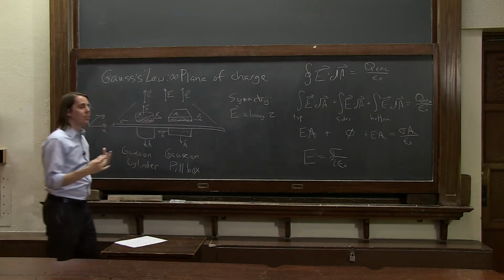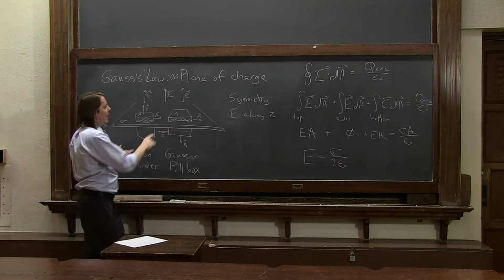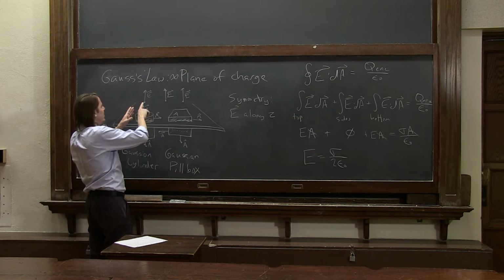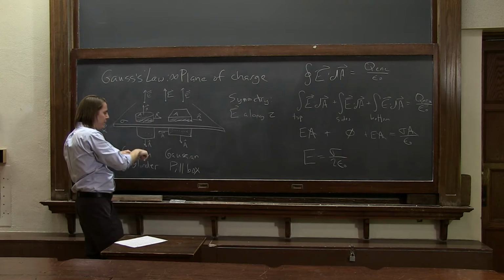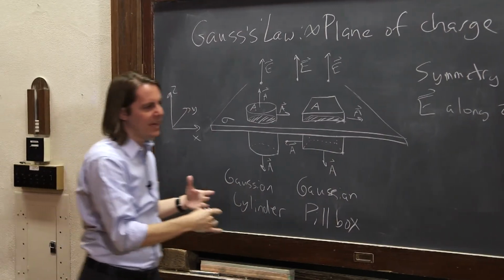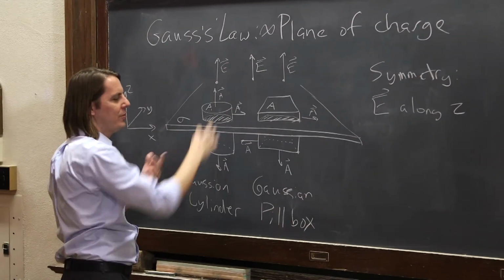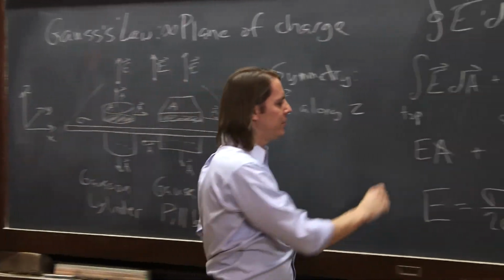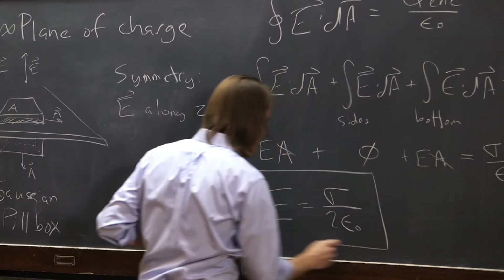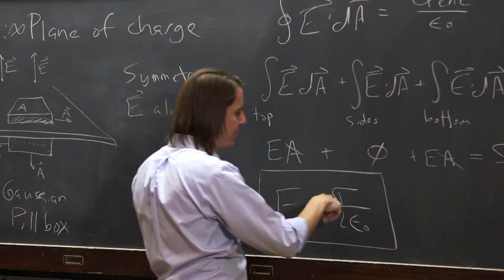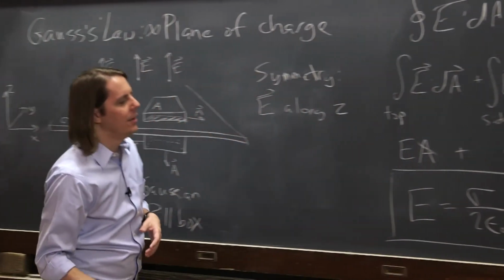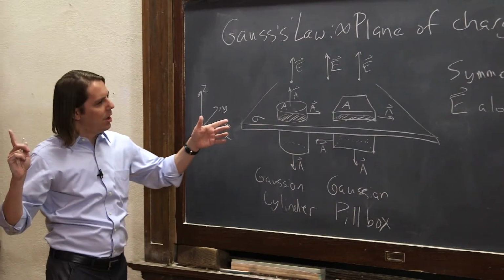And if you want to think of it in terms of a vector, you could add a vector, and over the top, it would be in the z direction, and underneath, it would be in the negative z direction. You can't actually write one expression for it, because it's not always pointing the same way. It kind of depends on what side you're on. But here we've solved for the magnitude of the electric field. The electric field magnitude is sigma over 2 epsilon naught, and the direction depends on what side of the